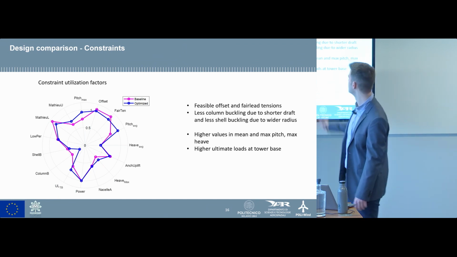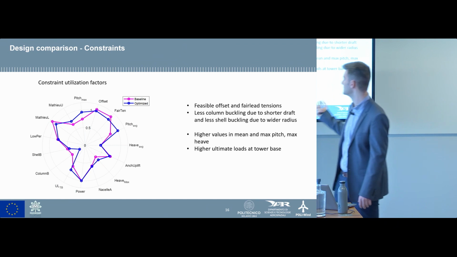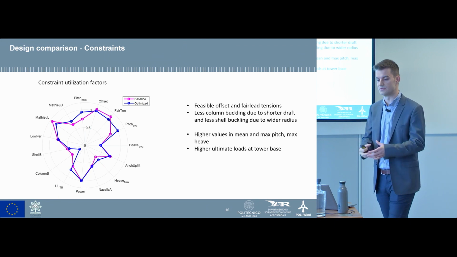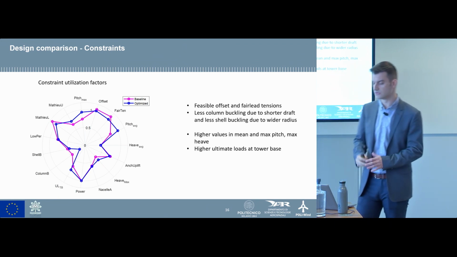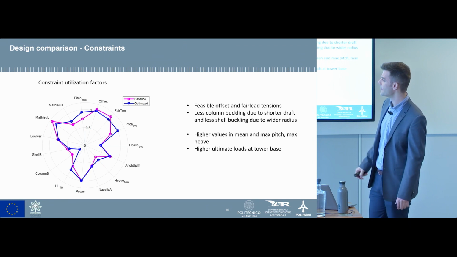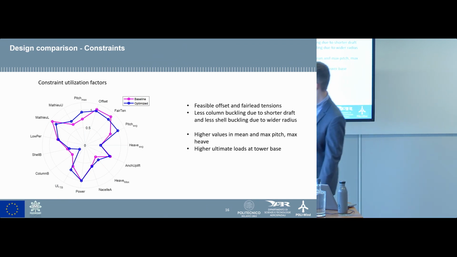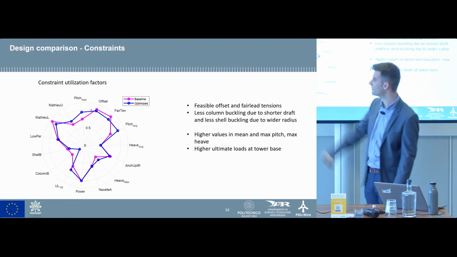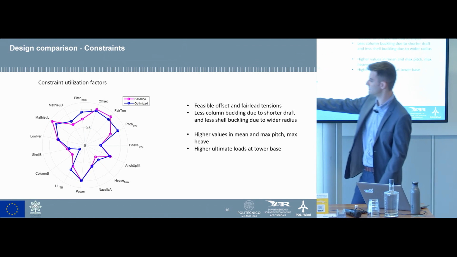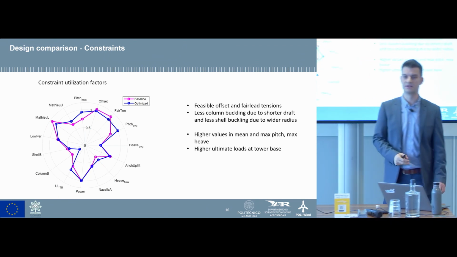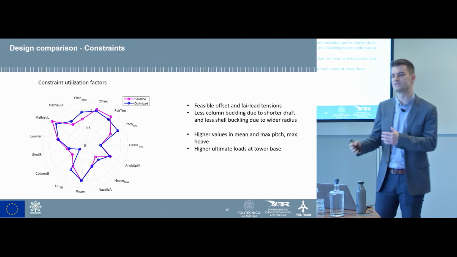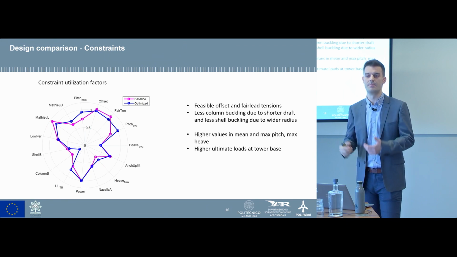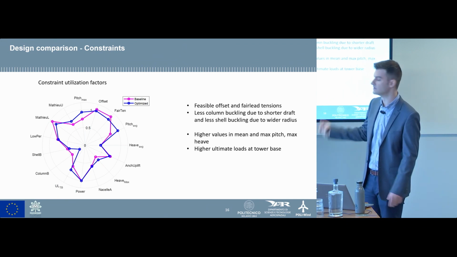We have less column buckling due to shorter draft and less shell buckling due to wider platform diameter, because we increased the cross-sectional area, so the stresses are decreased. Another point to mention is that the power is equal for both designs. This is a practical constraint that we have put so that we can do a fair comparison between two designs. So they are generating the same power output on average from the EC2 case, which is above rated